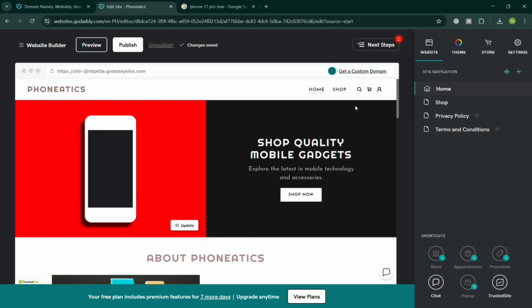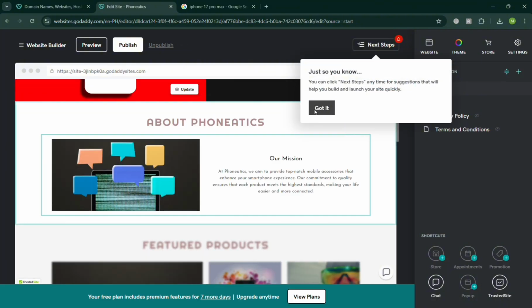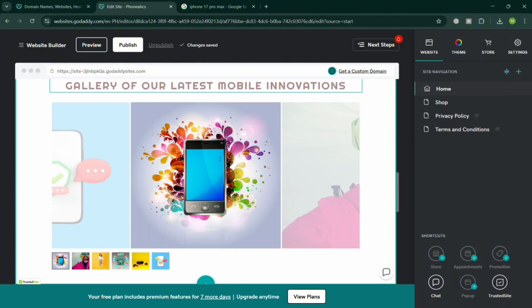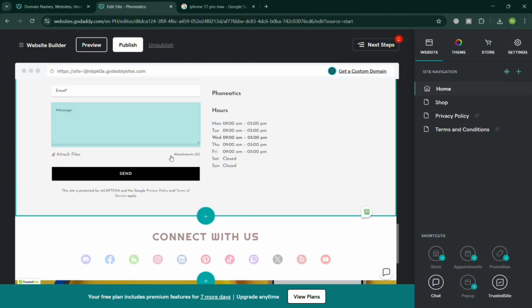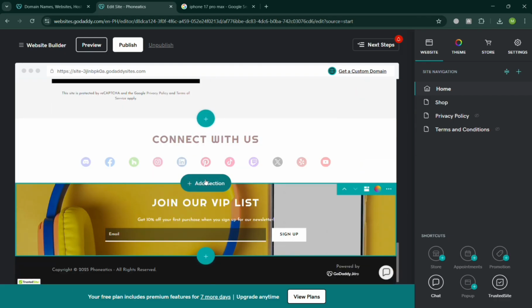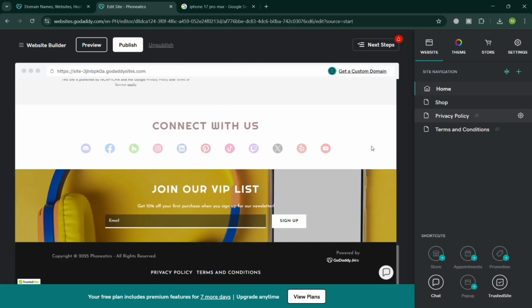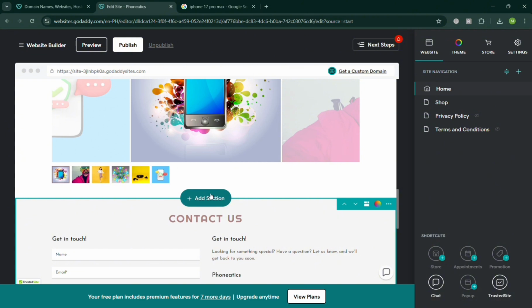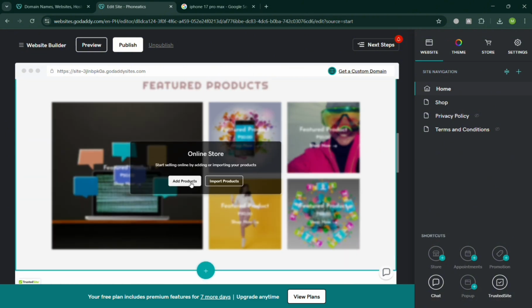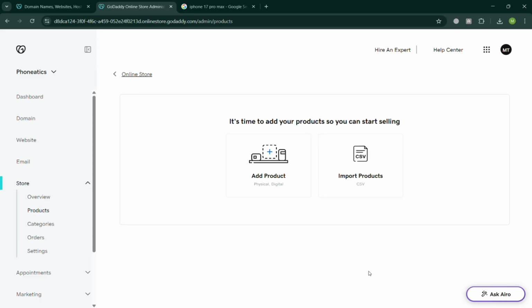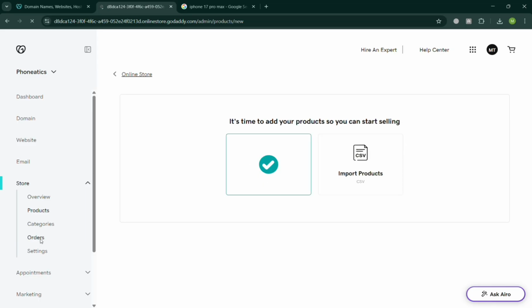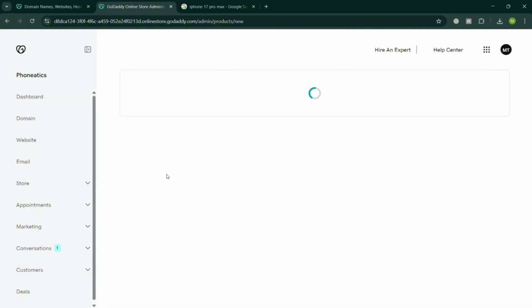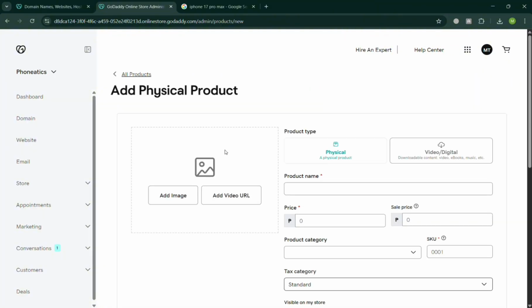To start adding a product and also creating a checkout page here, the first thing that you need to do is simply click the option that will lead us to our dashboard. But from here, you could also click add products. By clicking on it, you'll be directed to the page where you can import a product or add a product manually. I'm going to choose add a product, and after that, enter the required information,